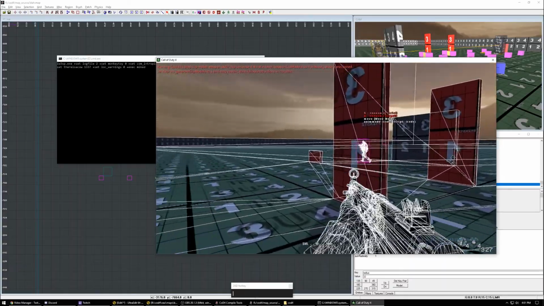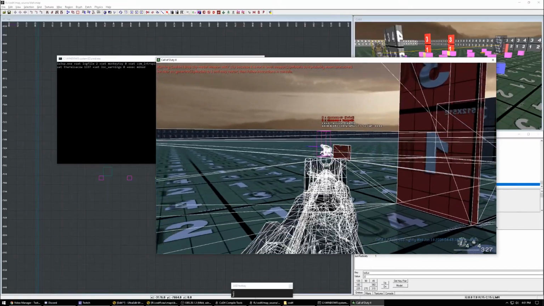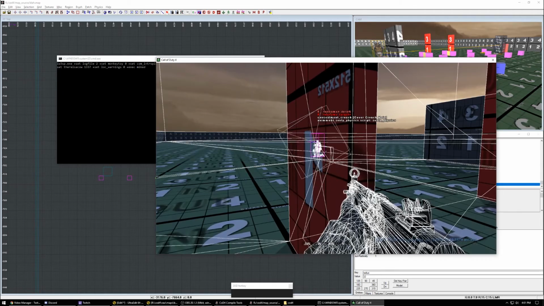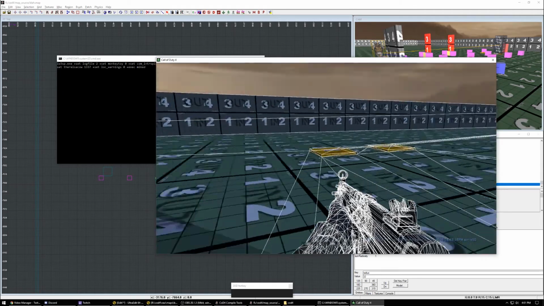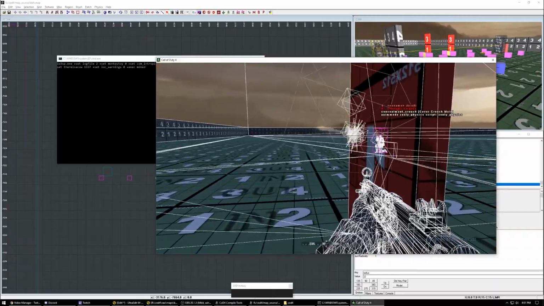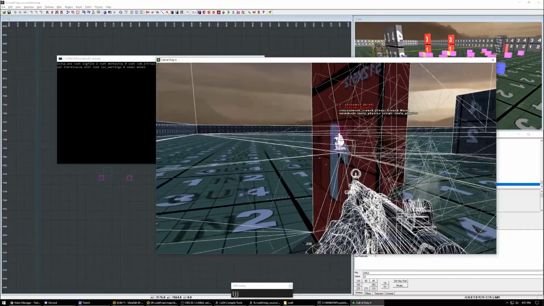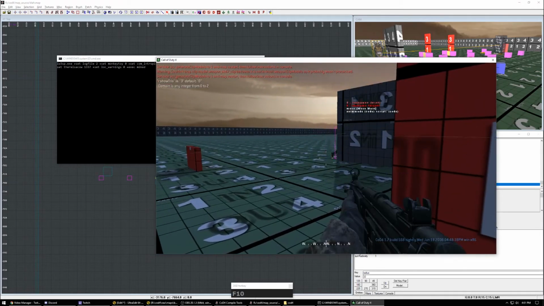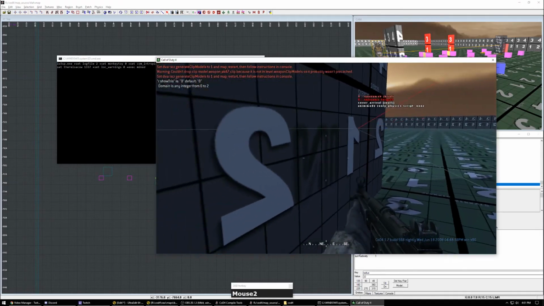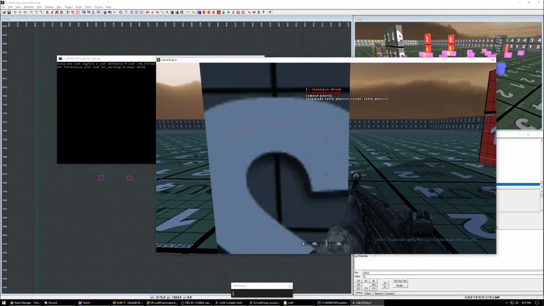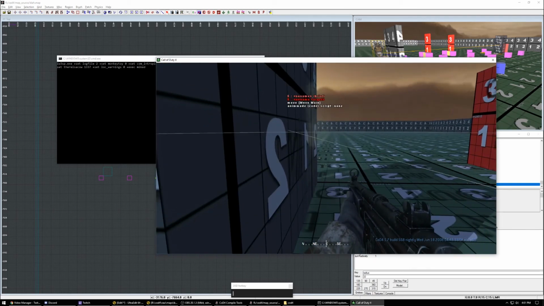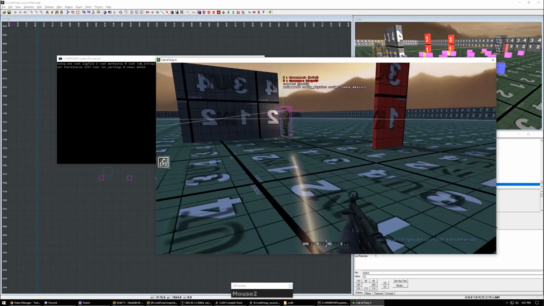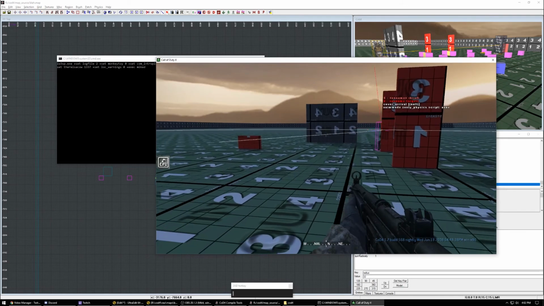Now, oh, look at him, he's going to go to this node. Oh, he's going to conceal node again. So he's shooting at my last known position. Oh, he saw me. Let's see what he wants to do. All right, so anyways, that's how you make a guy just go to a node